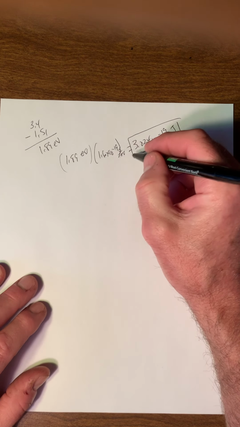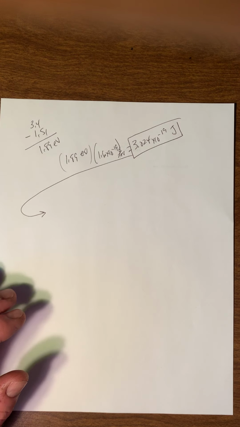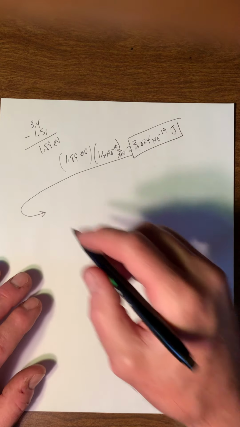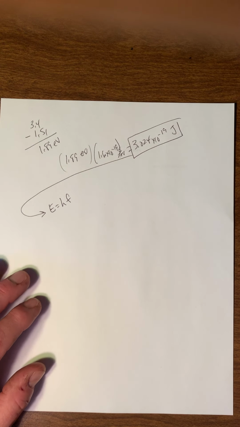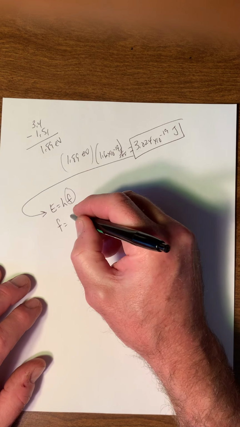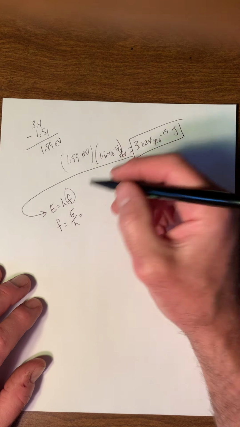Right, now I'm going to use a formula that I showed in the presentation I did Monday to convert this to what the frequency of light is, because color or type of E&M is dictated by the frequency. So I'm going to use E equals hf to figure out what this frequency is. So frequency is going to be the energy of the photon divided by Planck's constant. That's going to be